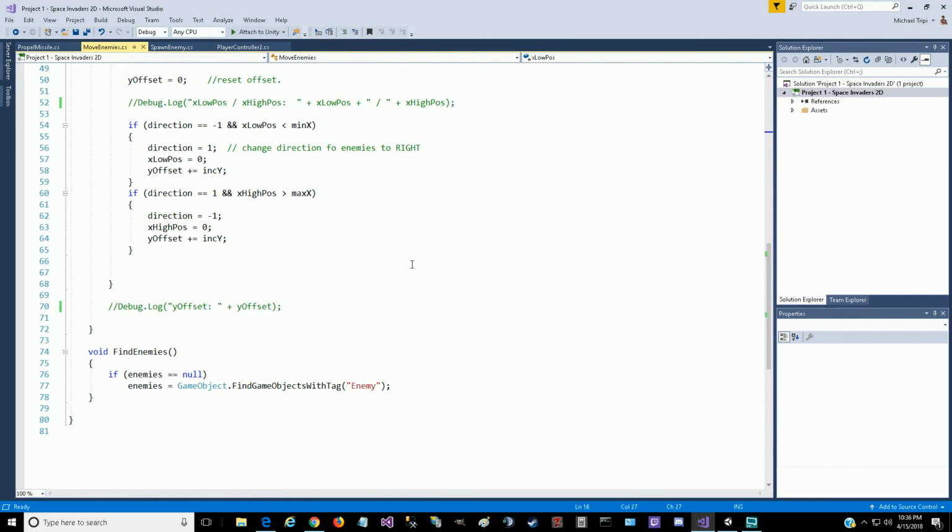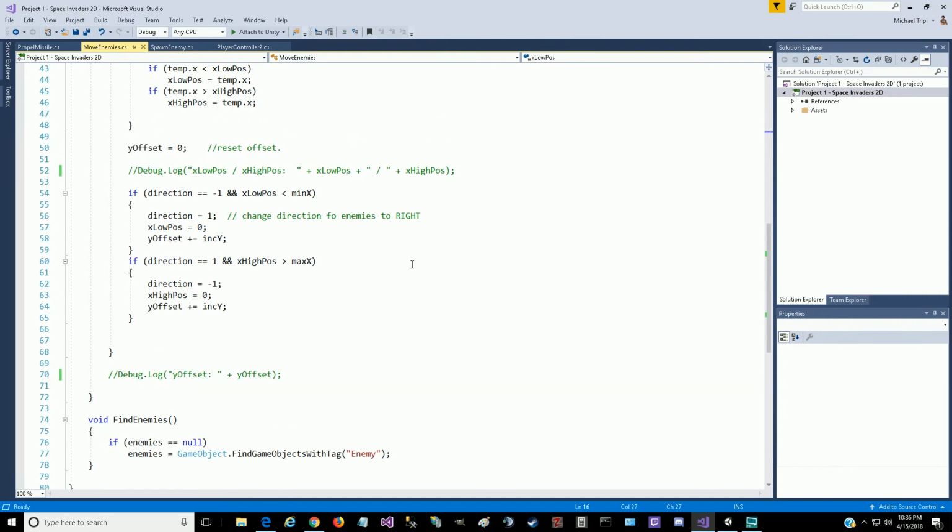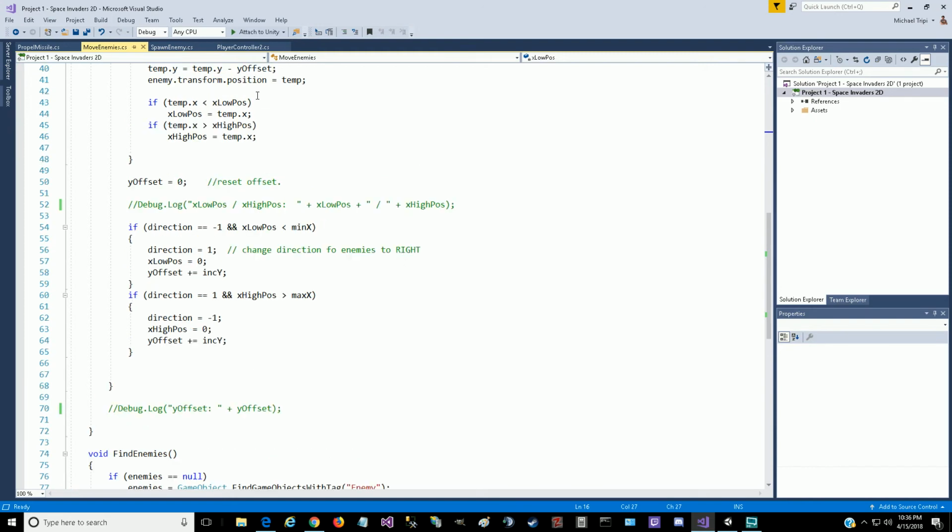So maybe we don't want to destroy the enemy. We'll just set it inactive, because there's only a fixed amount of enemies. It's not like it's going to eat up memory, and destroying it throws a null reference. What's called the null reference. You get an exception error, because it's now pointing to an area of memory that doesn't mean anything. So let's modify this